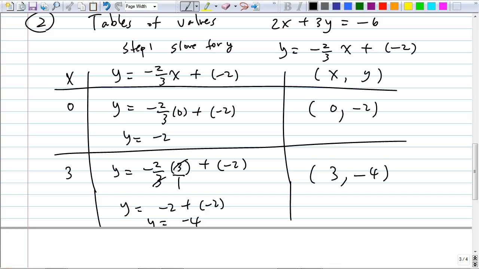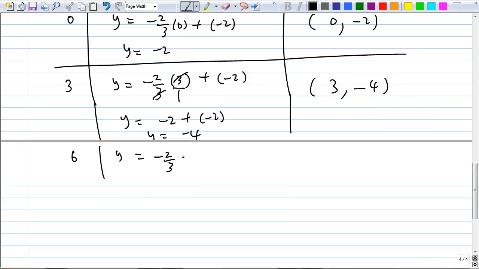And let's do just one more. Let's plug in. Do you think we should plug in 5 or 6 or 4? 4. We got 3. 4 would not be good because you get fractions. And 5, you still get fractions. But if I plug in 6, which is a multiple of 3, we get y is equal to